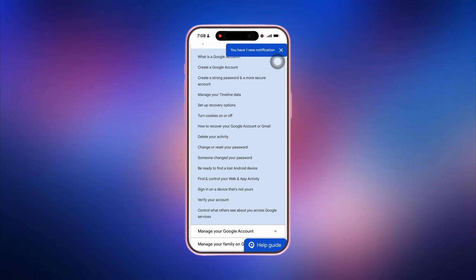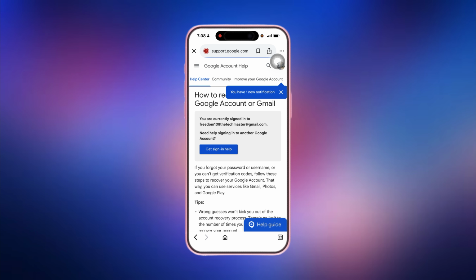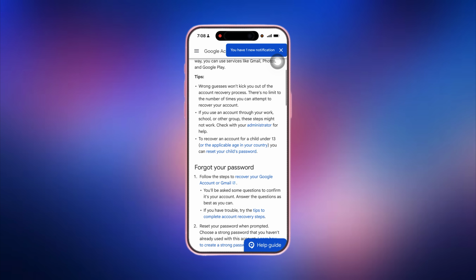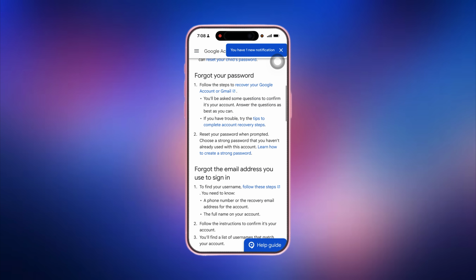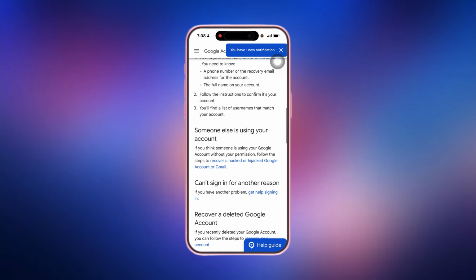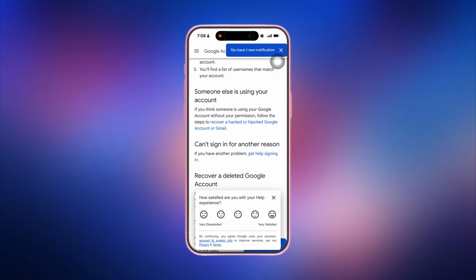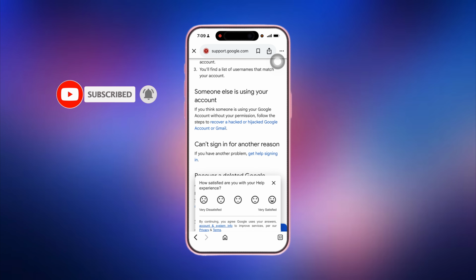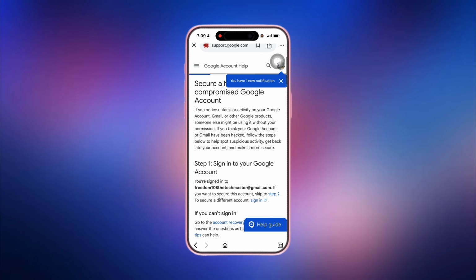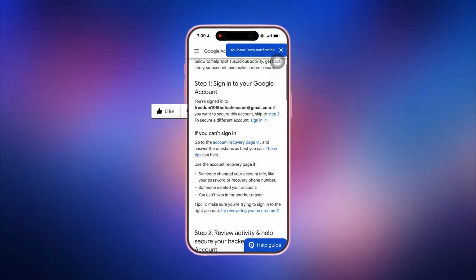and once you scroll you can see how to recover your Google account or Gmail. Click on this option, and once you click on this option, scroll, and once you scroll you can see recover a hacked or hijacked Google account or Gmail. Click on this option, and once you click on this option,